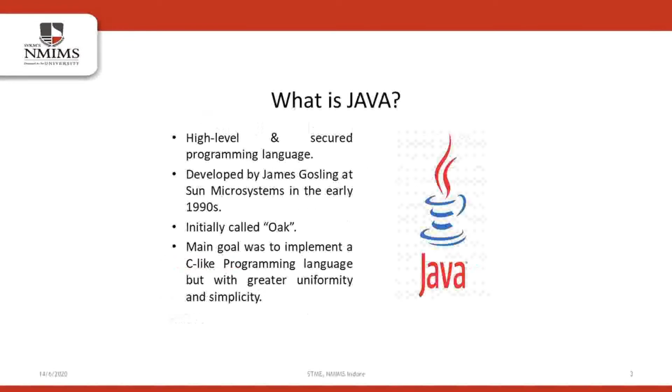Now that we've seen what basically a programming language is, let us proceed to get to know one of the most popular, or rather the most popular programming language in the world, Java. So now, what is Java? It's obviously a programming language, more secure and robust than most of the other languages, along with a strong memory management system. Even today, its security is highly regarded. Sun Microsystems was the organization behind its development in the 1990s, 1995 to be precise.